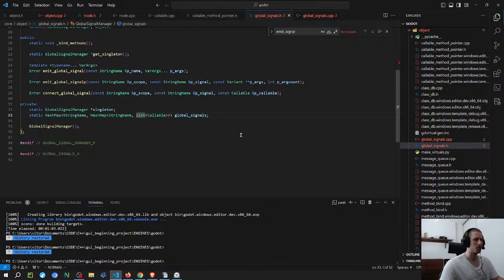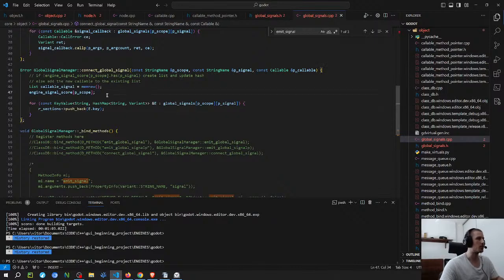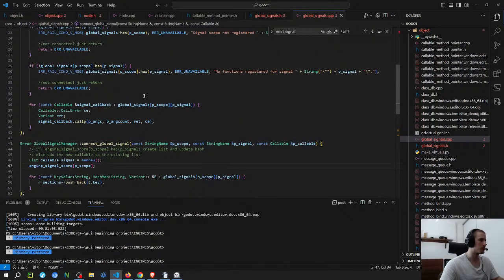This is another thing I was thinking about, as I think that it's probably better to use a queue, but the only queue that they have is the message queue, which is used on callbacks in the middle of the iteration cycle, and I thought that it would be a lot more complicated to implement that, so I'm just gonna make it a lot easier, because it shouldn't be that hard to change if I want to later on. So I just decided to use this list here of callables, and then I'm looping over, accessing the scope. Yeah, so this is the one that I have to think about now.